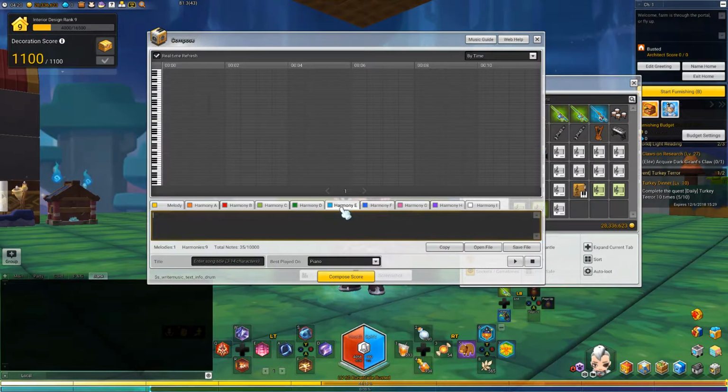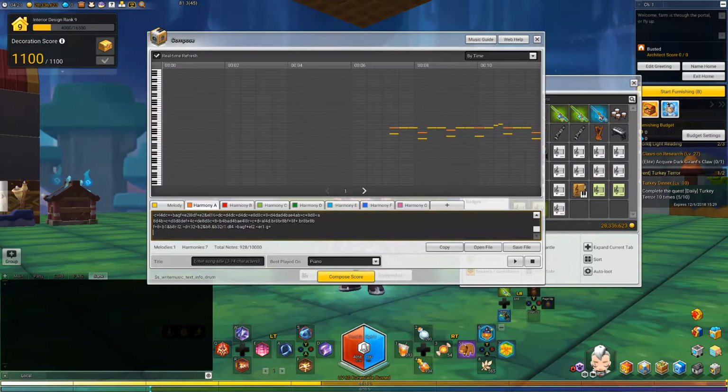into each one of these, except for the last two because we only need 8 tracks. We'll go ahead and get rid of those. We need 1 melody and 7 harmonies. So each of these already has our tempo and our intensity set. So now what we'd do is we'd go back to the editor, go to track 1, copy that, and paste it. Then go to track 2, copy it, paste it into your harmony A. Track 3, go to harmony B, and so on and so forth until you get everything copy and pasted over,